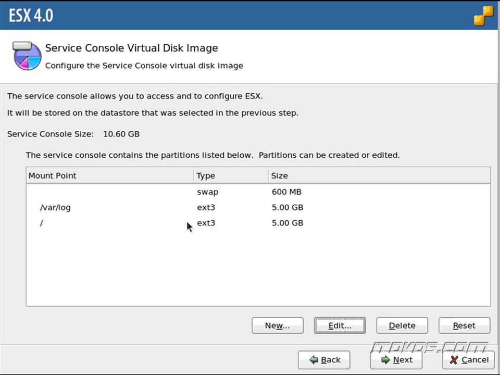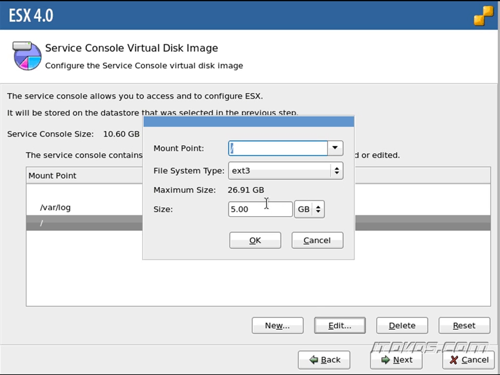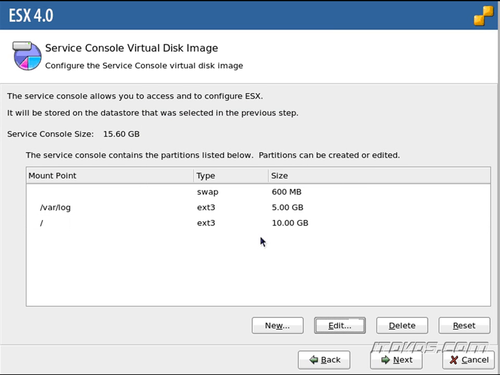And for my root partition here, 5 gigs, I actually like to make this a little bit bigger as well. I'm going to go ahead and make it 10 gigs in size. So the last thing we want to do is run out of room. But VMware actually does an excellent job of protecting itself from any space issues causing problems with your ESX server. Because what we don't see here is there's that /boot and /vmkcore partition, and those are all protected from